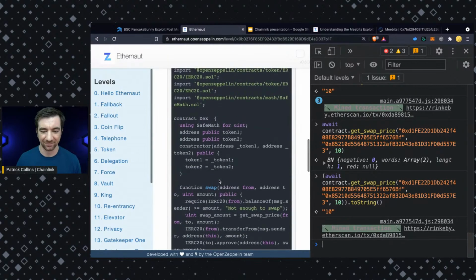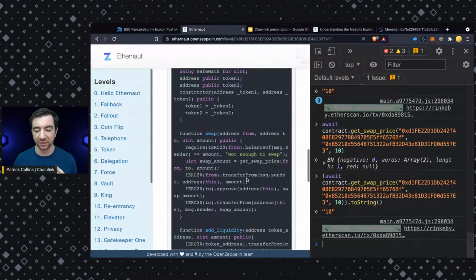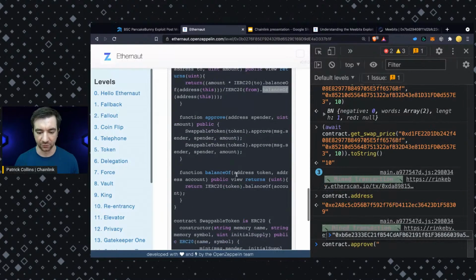But we have an issue with that. So if I am using this get swap price based off the reserves, what happens when I